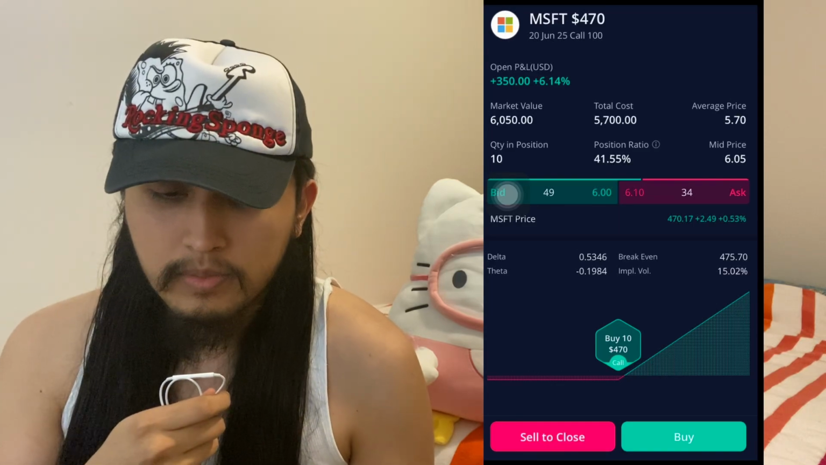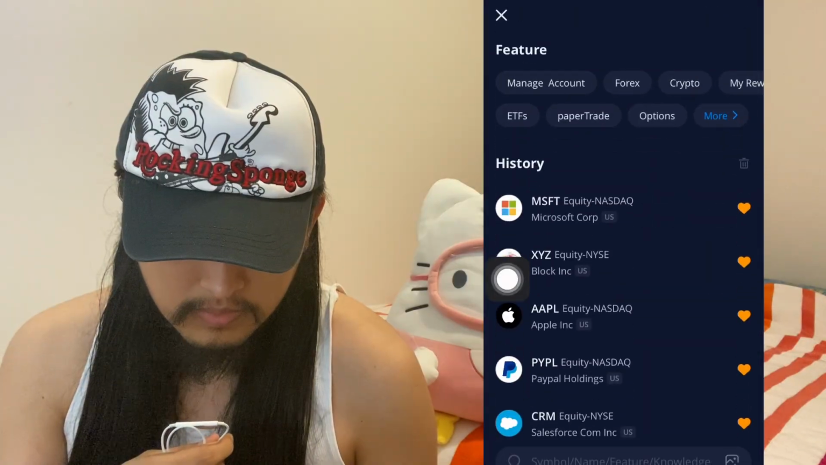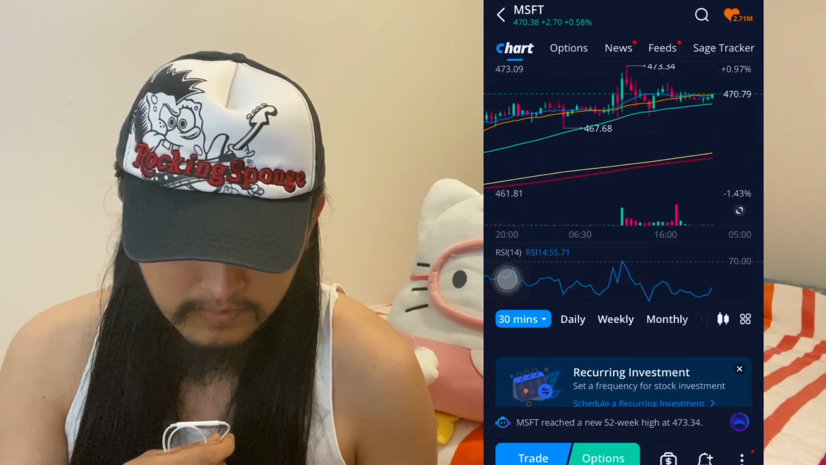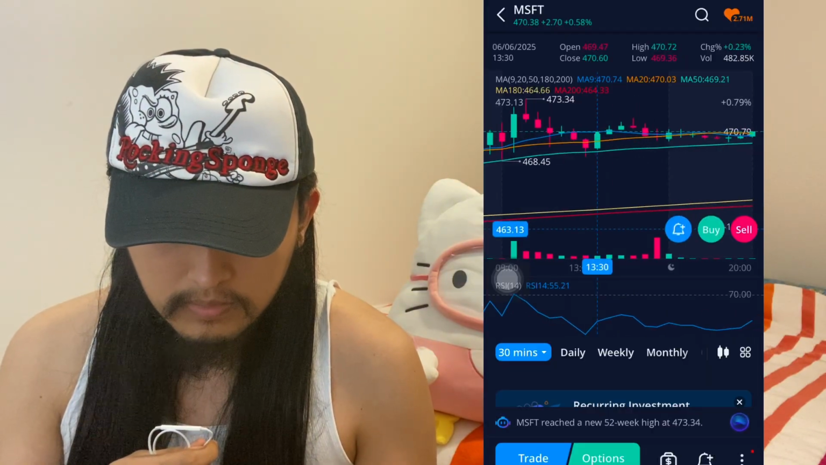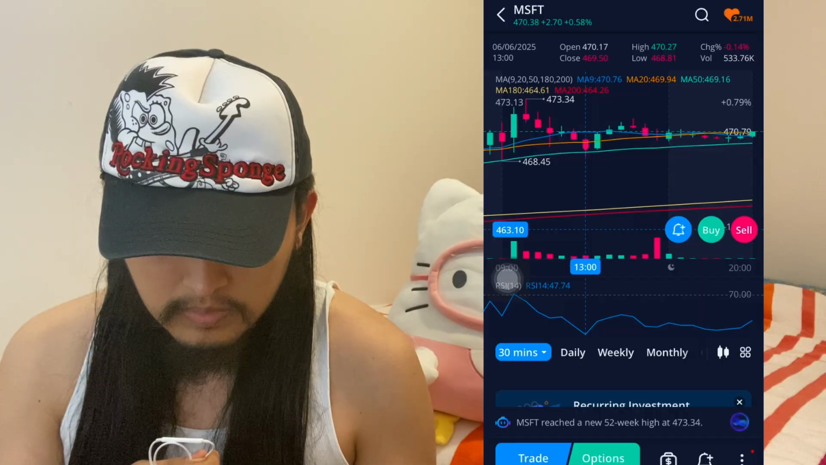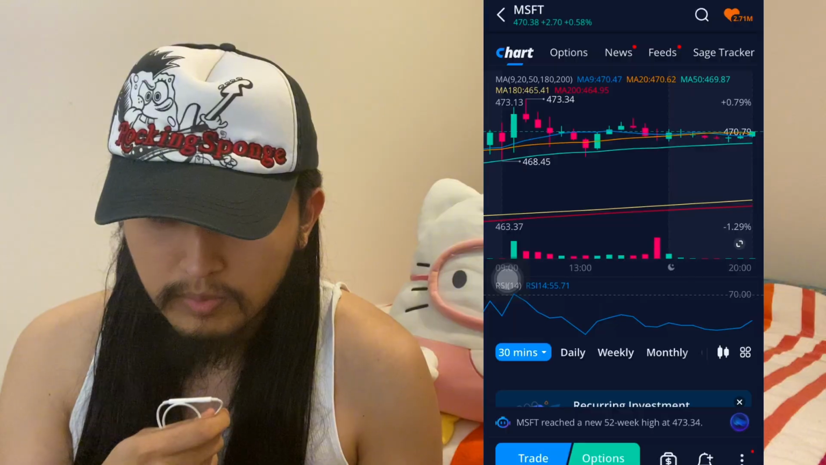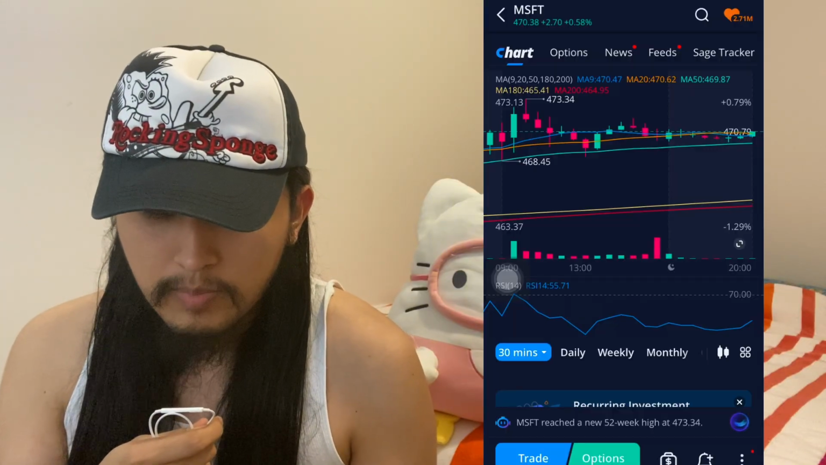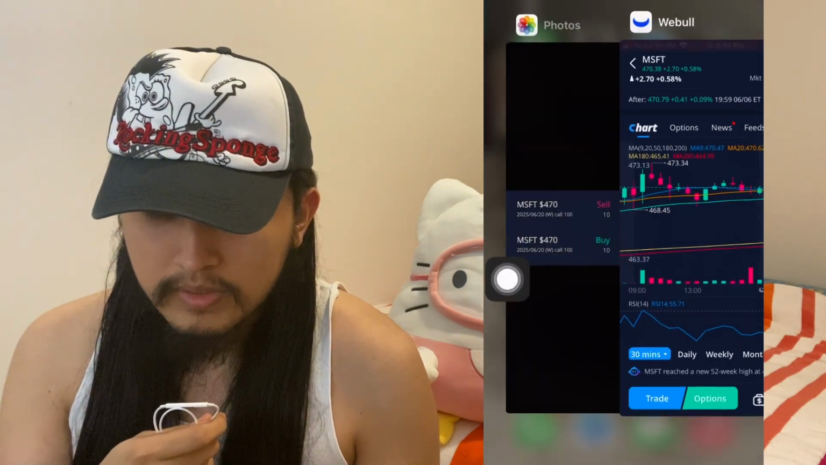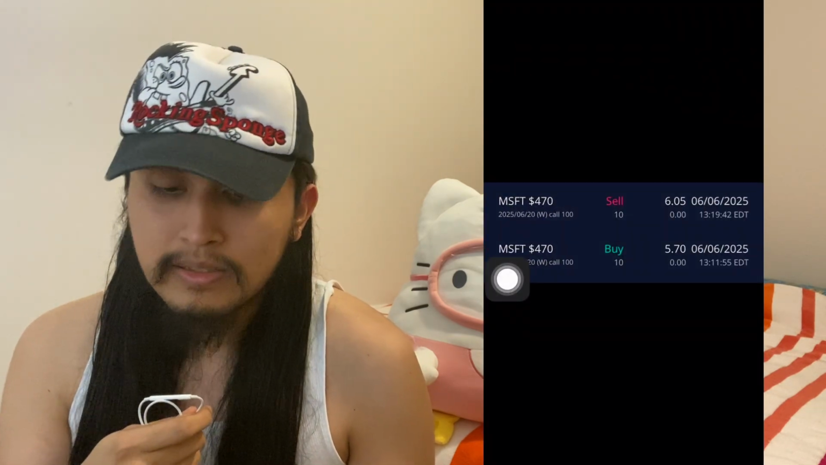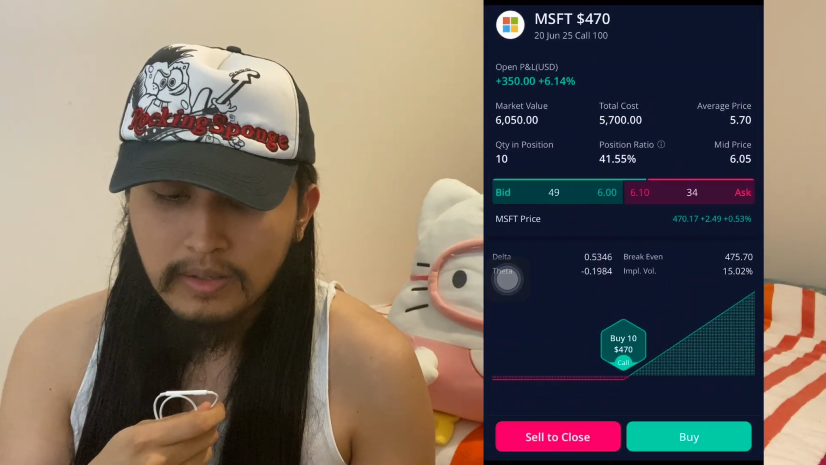So how did I make $350 trading Microsoft call options? Looking at Microsoft at 13:11 on the 30-minute time chart, this candle right here. Basically, when Microsoft approached the 50-day moving average, I bought Microsoft call options and waited for a bounce off the 50-day moving average. Once that bounce occurred at 13:19, I sold out the position, making a gain of $350 trading